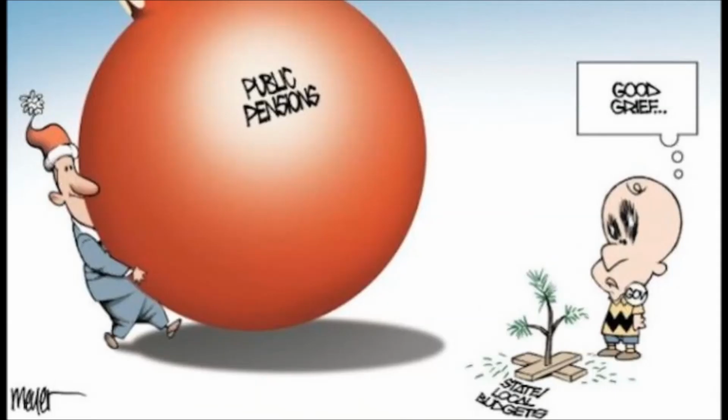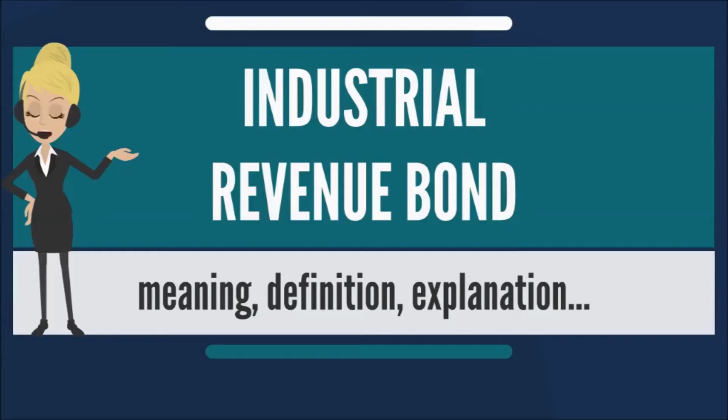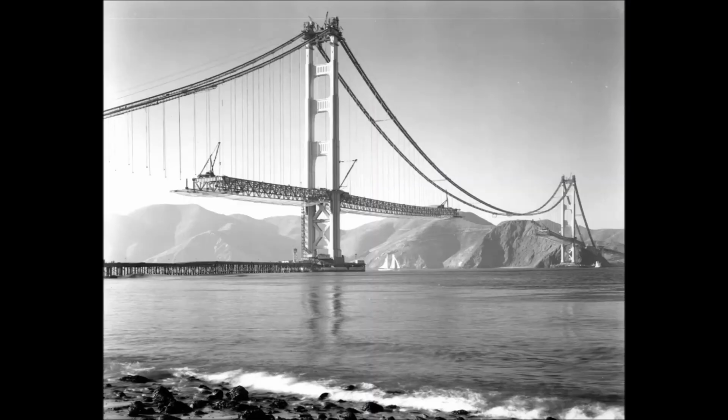There may also be financial issues within the government, such as unfunded pension liabilities. However, general obligation bonds are a pretty safe investment, and for that reason, the interest rates are not very high. The other kind of bond that a municipality might issue is called a revenue bond. Revenue bonds are issued to raise capital for specific projects. Revenue bonds might be issued to raise capital for building bridges, turnpikes, or sewer systems. The unique thing about revenue bonds is that they're backed by the income that will be generated in the future by the completion of that project.